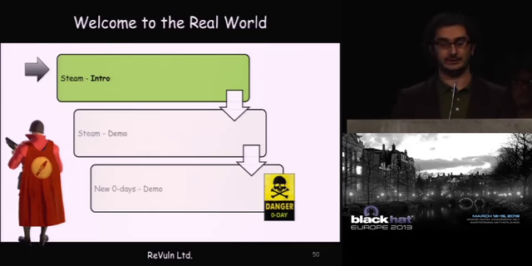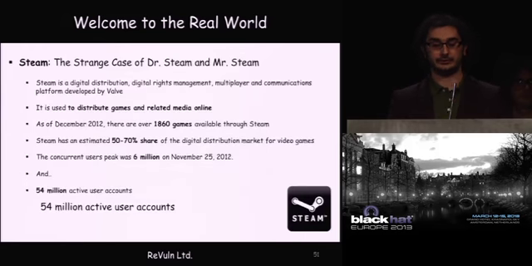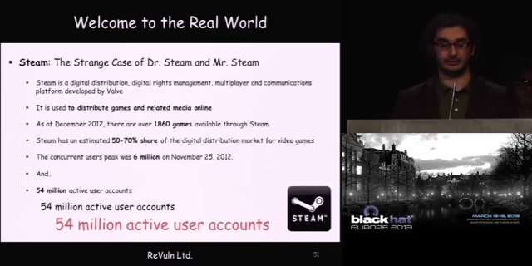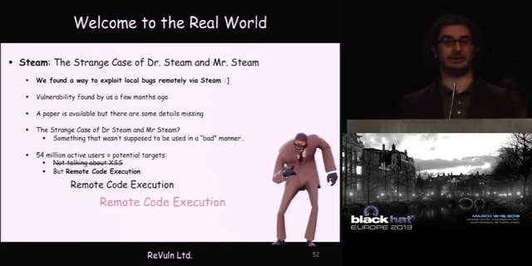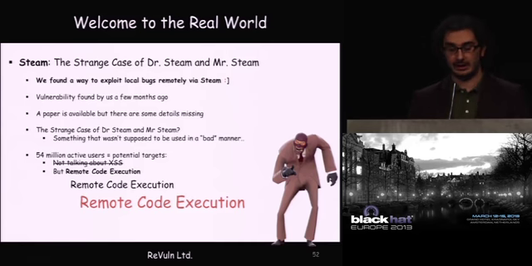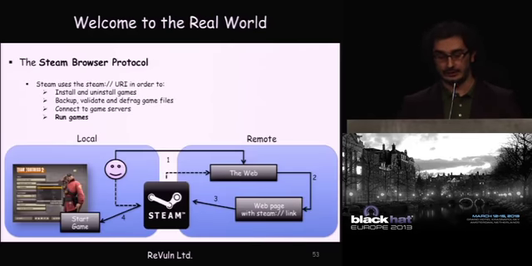new 0 days. If you don't know Steam, Steam is basically a huge digital delivery system, and Steam has 54 million active users at the moment. A few months ago, we found a way to exploit a local vulnerability remotely by using Steam as an attack vector. So we are not talking about XSS, we are talking about remote code execution. And to achieve this goal, what we did is basically,